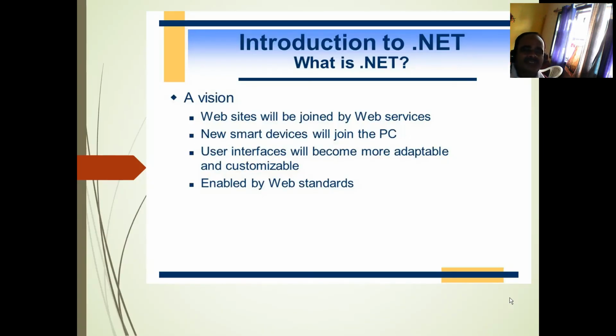Now before starting this .NET technology, I think what is .NET, we need to discuss about it. What is the vision of this .NET technology? Why is .NET important in today's era? The main vision for this .NET technology is,